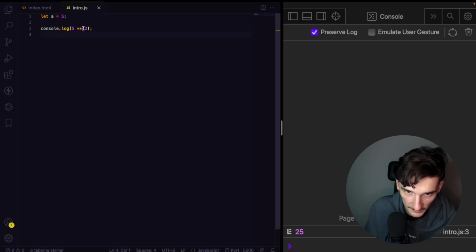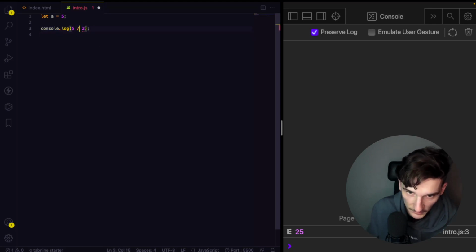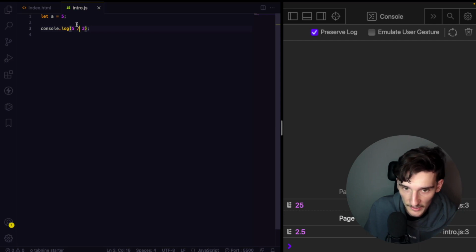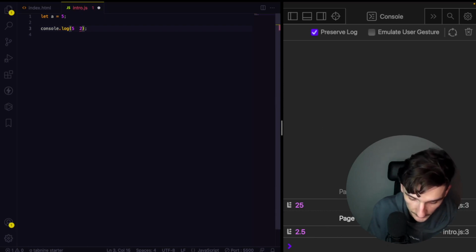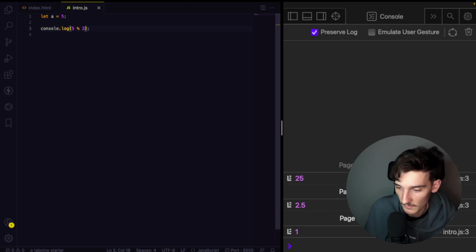Also I have a division. Division is made with a slash: 5 divided by 2, so on half it's 2.5. I can make a modulus, which is a very interesting operator, so it gives the rest from the division. So what it means, I've printed the result as 1. 5 divided by 2 is